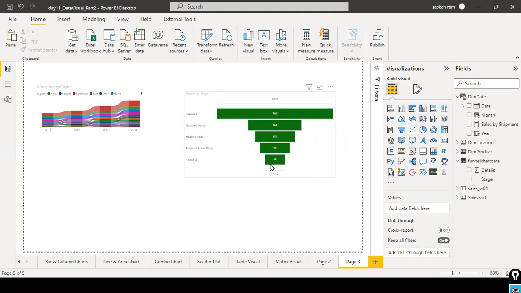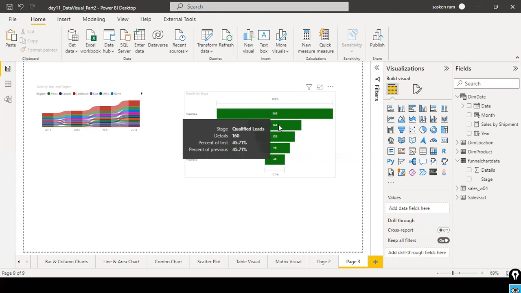out of 90, only 60 people purchased my product, though 90 people filled the form. So you can do some kind of analysis, and then you try to minimize this, so that you will get to know the root cause, why there is a drop. This is fine because after talking to the customer, you will get to know that their expectations are more than